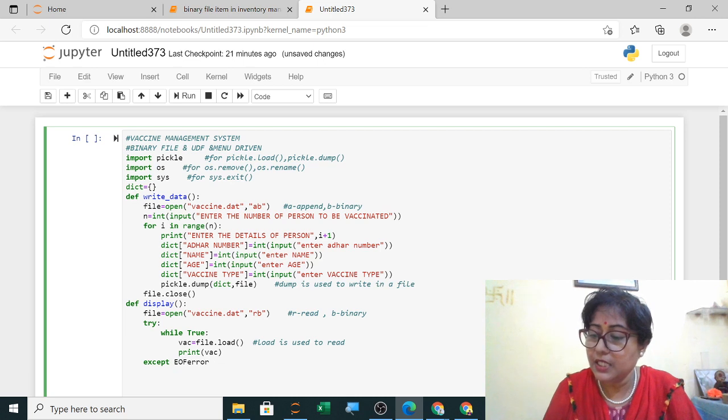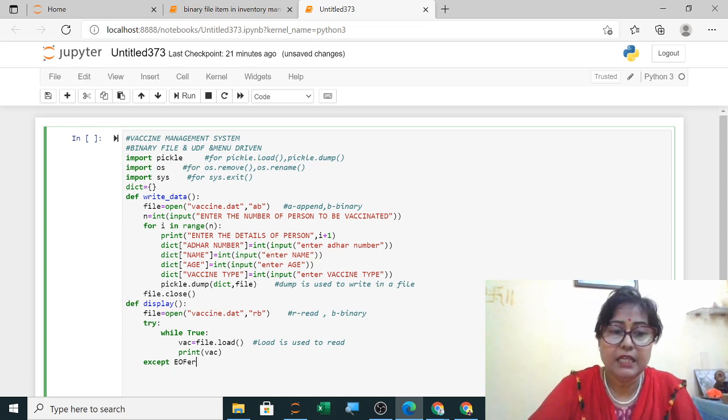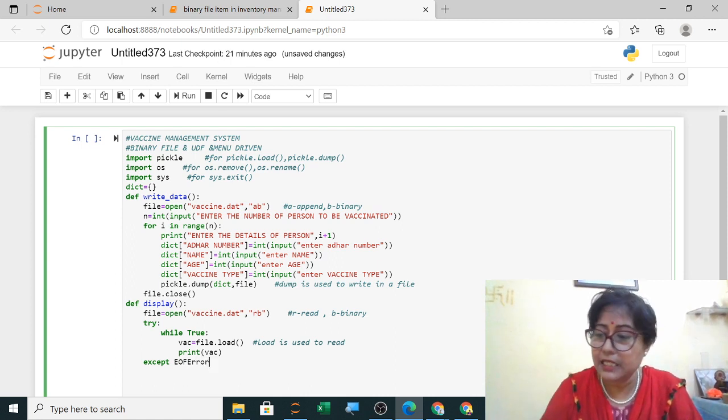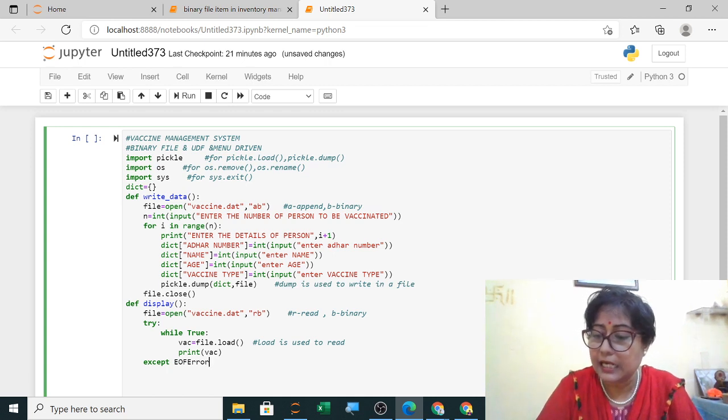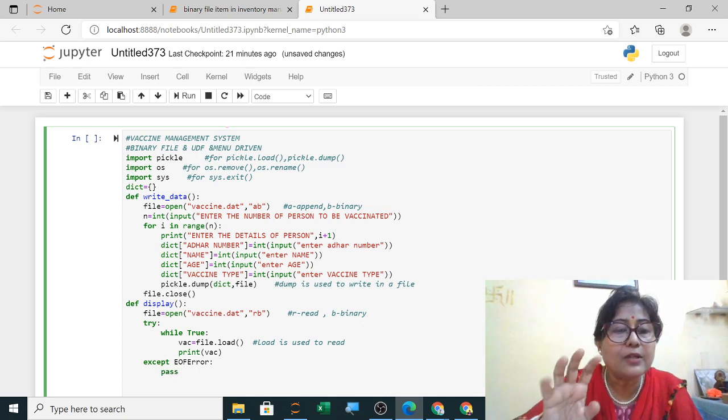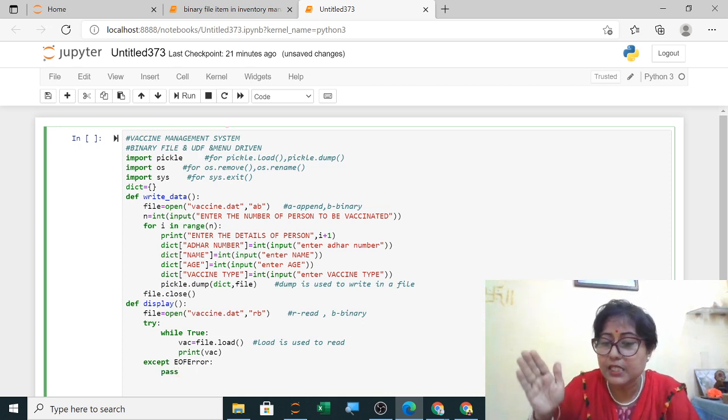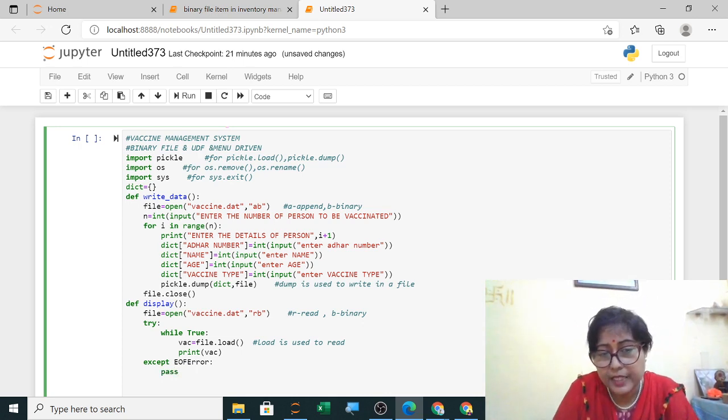Once it reaches the end, E will be in capital. So once it reaches the file end, it may show an error. So I am using an error handling tool, in which I will only write pass. I don't want to do anything. Once it reaches the end of the file, it has to stop its function. So I have written pass here.